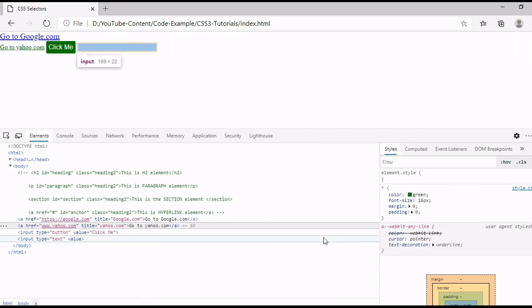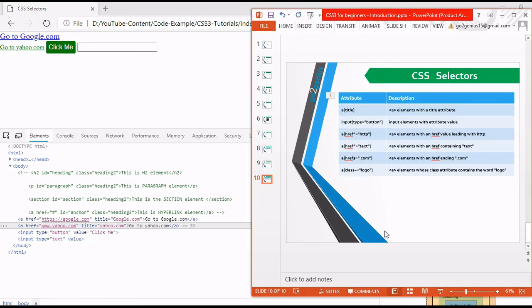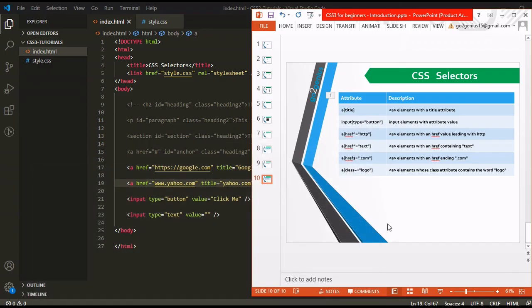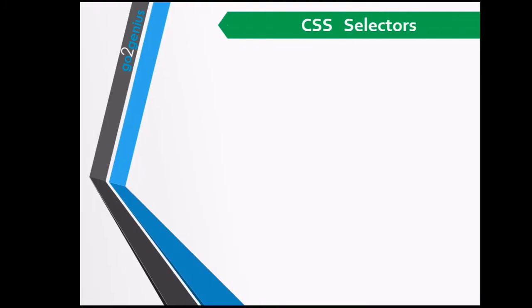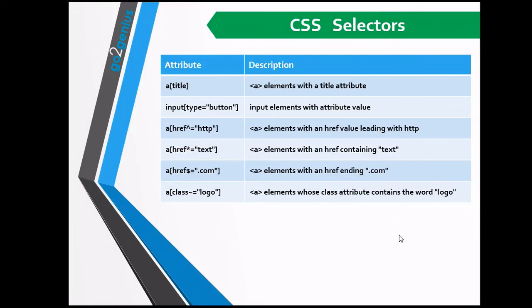Same as this, we have some more properties. You can select all anchor elements with an href containing text, means your attribute value is containing the text word.